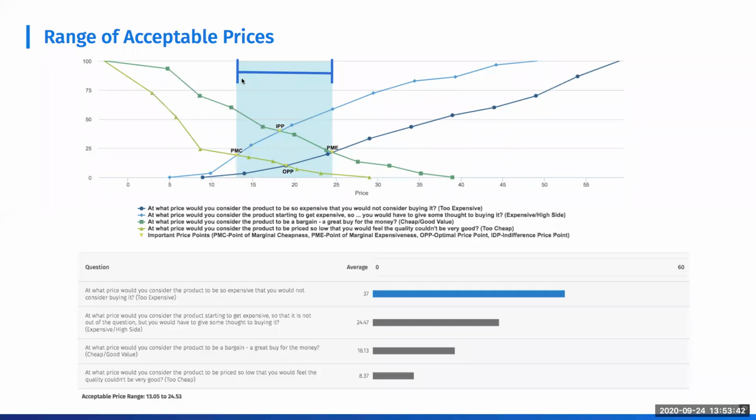So this range reflects the areas where most people find these ranges to be acceptable. So it's positive for them, and it's positive for your brand as well, or your company as well, to sell within these price ranges, because you will get a positive return of investment. You just need to delineate these price ranges by looking at optimal price point and indifference price point, because